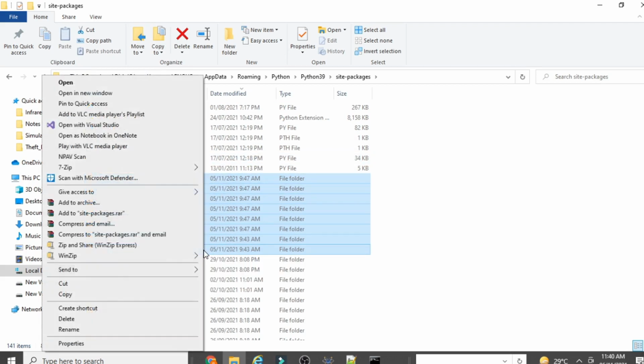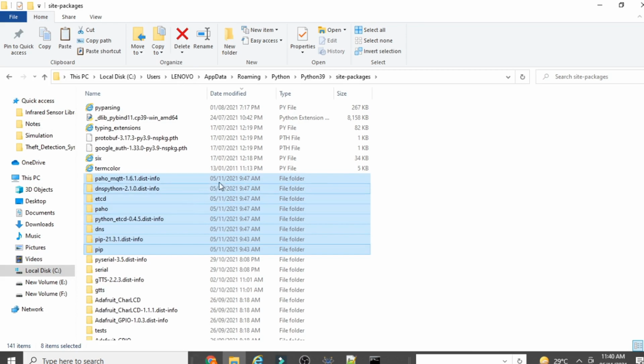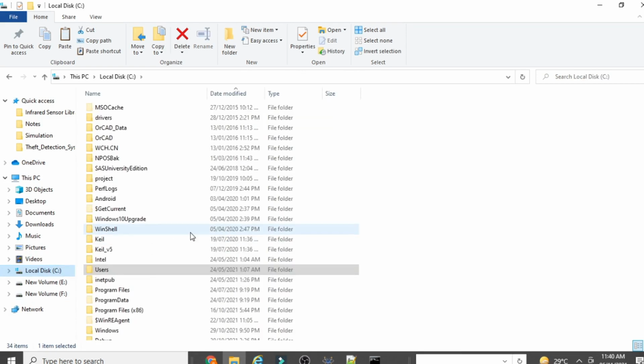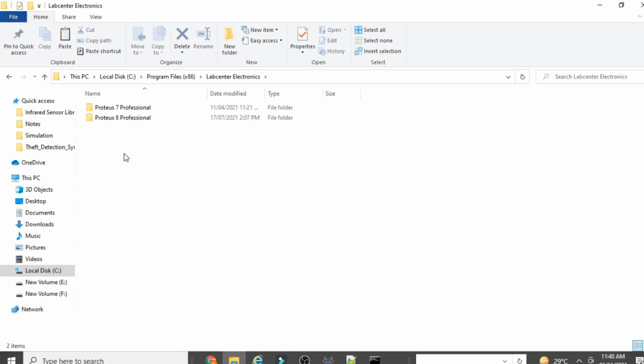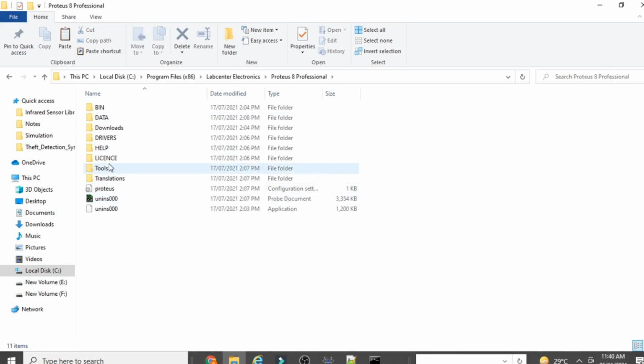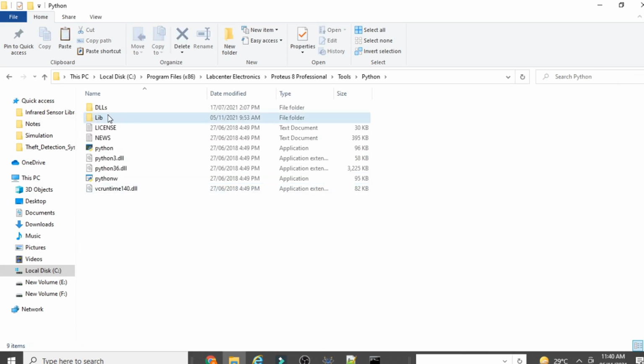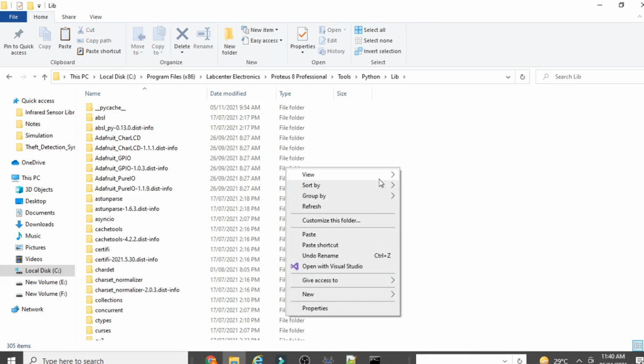I copy all the folders which have the 5/11 date, because my Paho was installed on this date only, with this timing. Then go again to the C drive, then Program Files, then Labcenter Electronics, then Proteus 8, then Tools, then Python, then Lib, and right click and paste here.